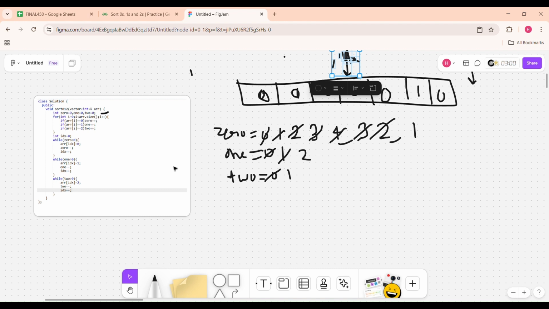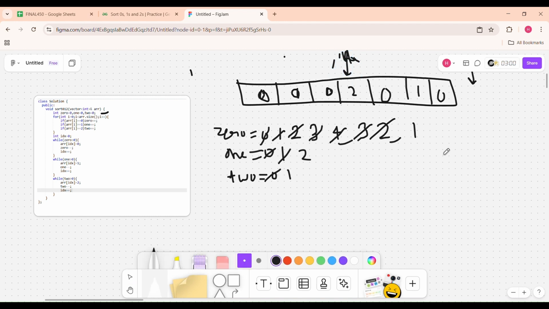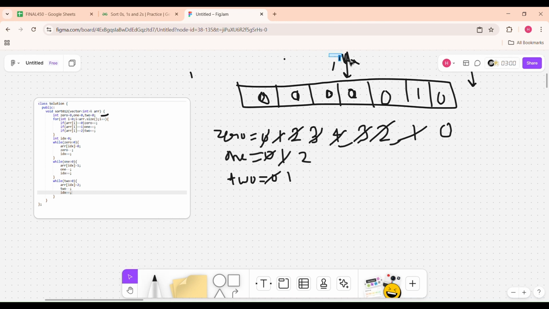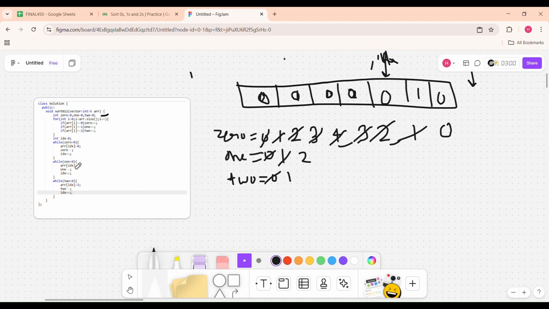Now again check 0 count greater than 0, yes, 1 is greater than 0, so we write ARR of idx to 0, we write 0 over here, decrement the count of 0, so it will become 0, increment the index by 1, so it will reach over here. Now 0 count greater than 0? 0 is not greater than 0, so the while loop will be terminated. Now we move to our 1's loop, in which we check 1's count greater than 0,